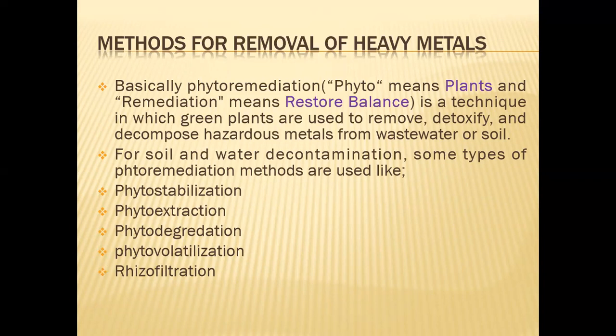Basically, phytoremediation, phyto means plants and remediation means restore balance, is a technique in which green plants are used to remove, detoxify, and decompose hazardous metals from our waste water or waste soil. For soil and water contamination, some types of phytoremediation methods are used, like phytostabilization, phytoextraction, phytodegradation, phytovolatilization, and rhizofiltration. Moving to the next slide,